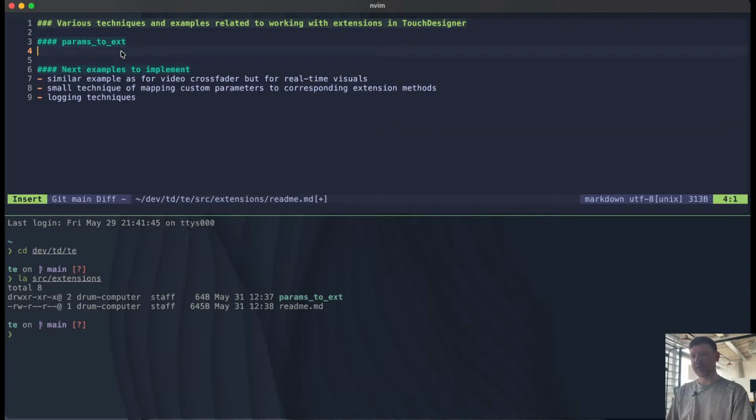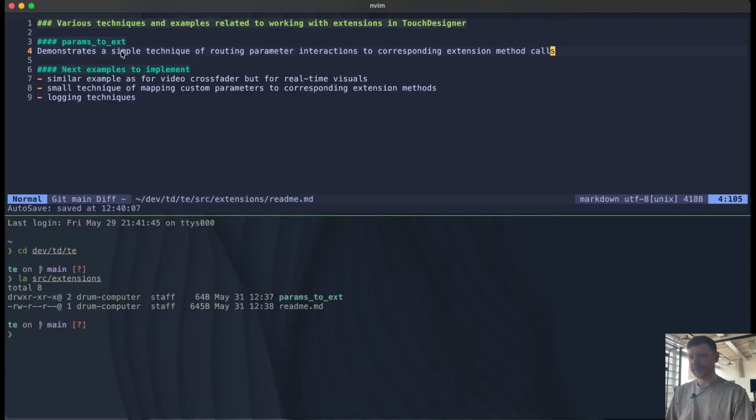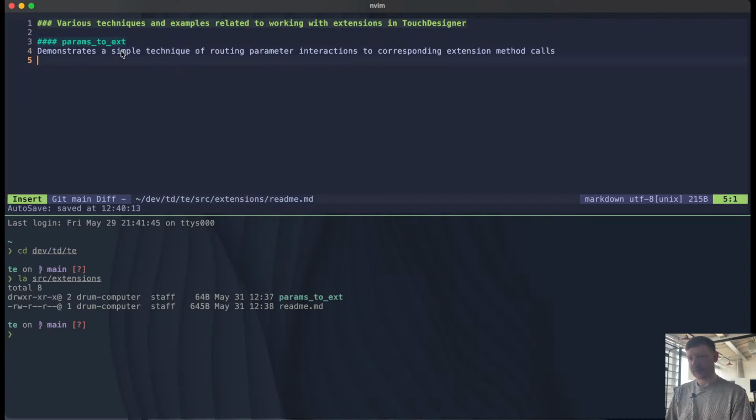Actually, we also need to update the README for the video thingy. So params to ext demonstrates a simple technique of routing parameter interactions to corresponding extension method calls. Okay,